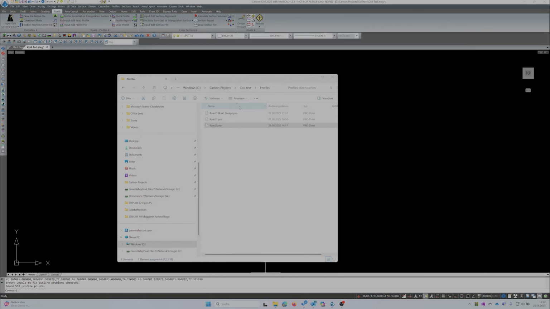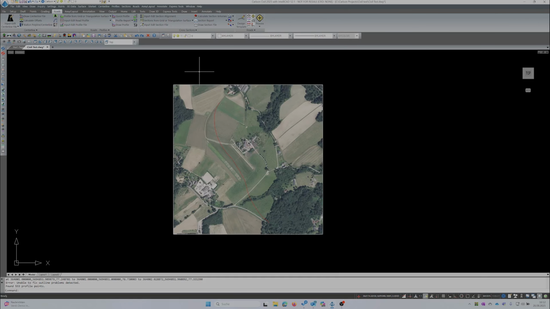So we've got now two text files, a profile and a center line, that basically describe the geometry of our